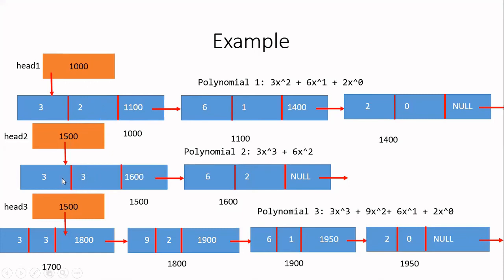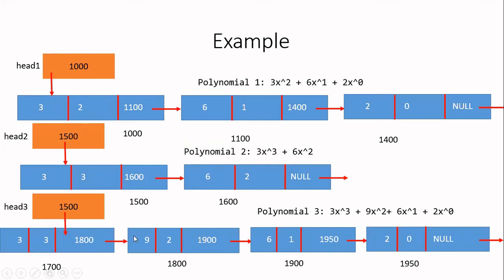In the second polynomial only, this is finally added to the final result. So in the first linked list, you have to still continue with the first term only. But in the second linked list, you have to continue with the second term. That is nothing but the next data. So now you compare this 2 with this 2. Both are same. When the powers are same, what you have to do is you have to add the coefficients. That is 3 and 6 will be added. You will get 9.